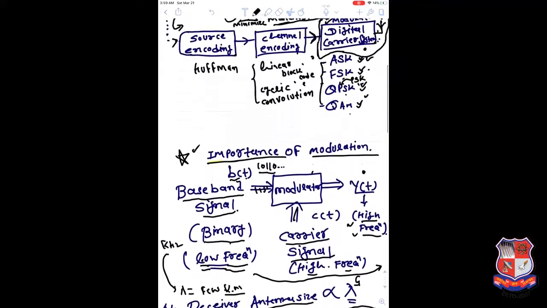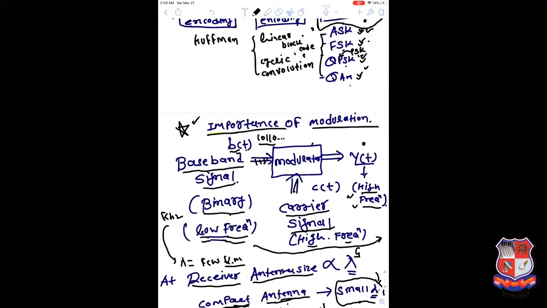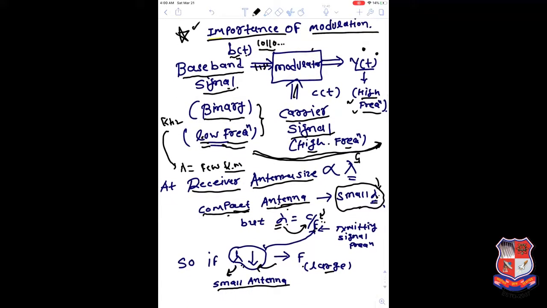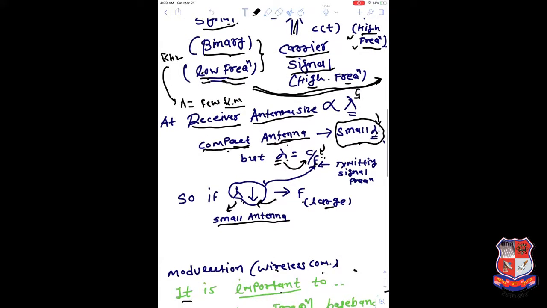Now we will see the scenario at this point. What is going on in digital communication? We have a baseband signal, and the baseband signal is fed as an input to a modulator, and the output of the modulator is y of t that we are transmitting. The baseband signal is basically a signal of lower frequency. If we directly transmit the signal, or we skip the modulator, this lower frequency signal has a higher value of lambda, and it demands a large antenna size, right? And that we cannot